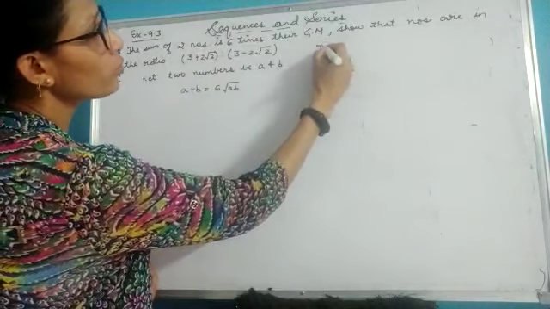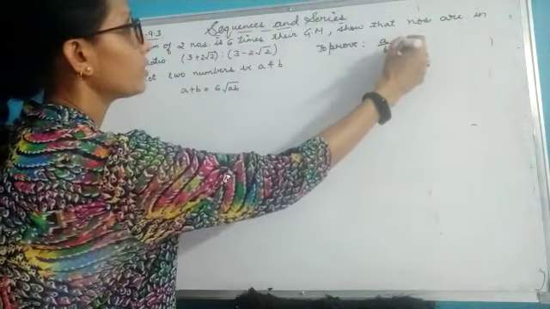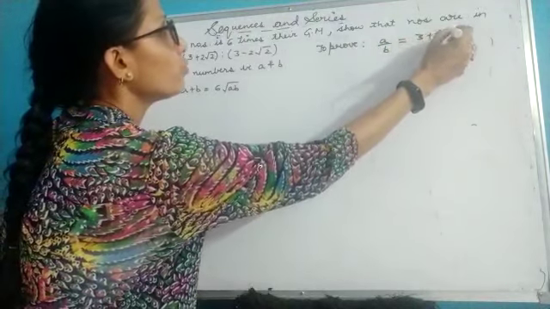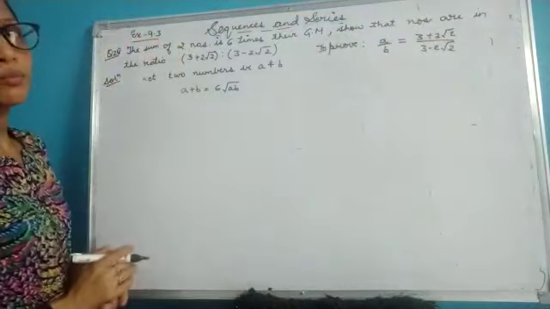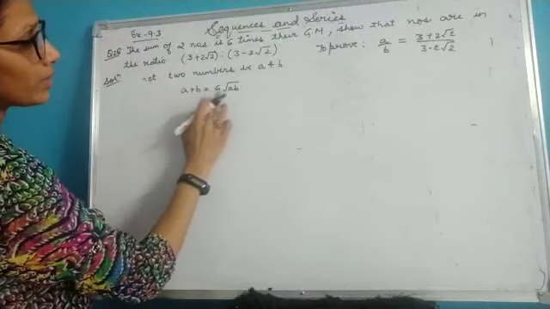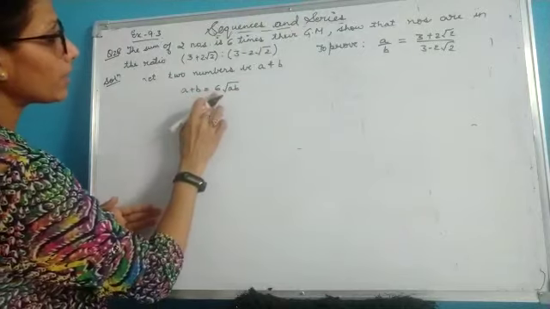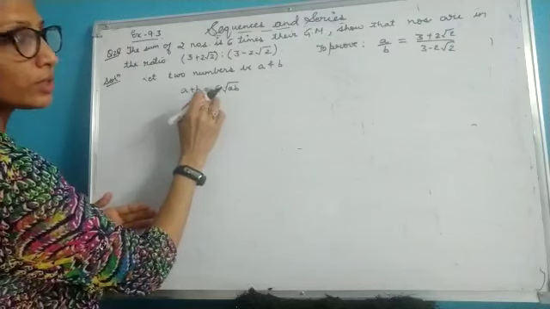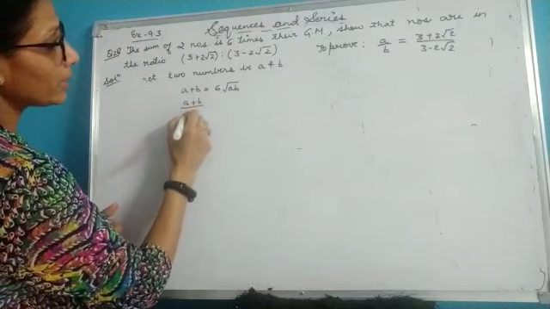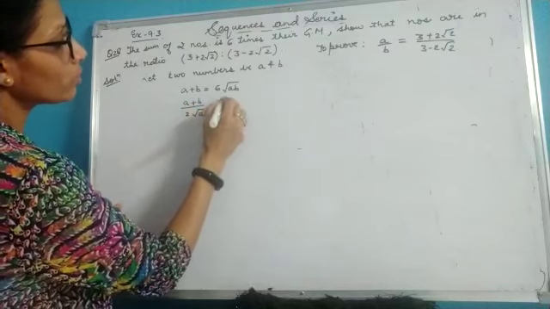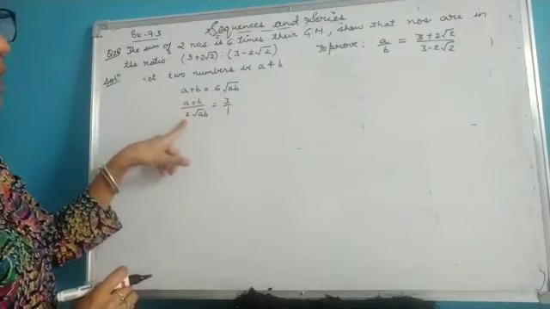That means you need to prove that ratio of these numbers is 3 plus 2 root 2 by 3 minus 2 root 2. This we need to prove. Let's see how we can prove this. Here this is a plus b, and here it is given root ab. That means this is geometric mean. I can make this as arithmetic mean by taking 2 from this 6 to this side, or I can write it as a plus b by 2 root ab equal to 3 by 1. I have just written 6 as 2 into 3, and 2 I have taken this side.